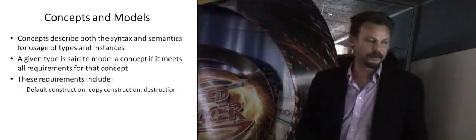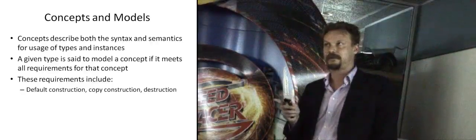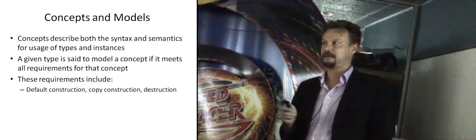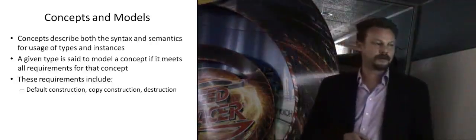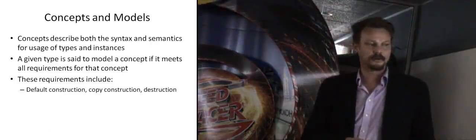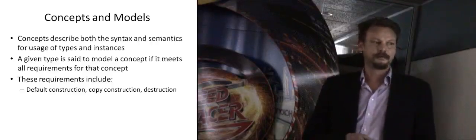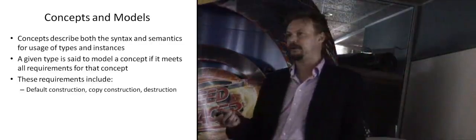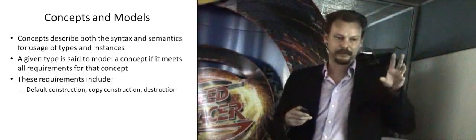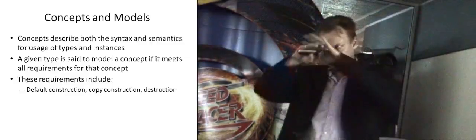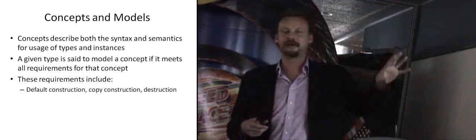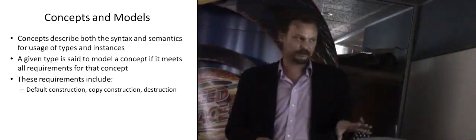The requirements may include whether or not a type can be default constructed. I'll be more precise: whether or not an instance of a given type can be default constructed, whether it has copy construction available to it, whether it can be publicly destroyed. I don't know if you realise, but you can actually make the destructor for a type private, in which case only certain things, or itself, can actually have code that destroys that object. All of these things, including operators, equivalency, dereferencing, all of these things together go into making the concept. There's no way to define this in C++, but it's very important to understanding how STL and related systems work.